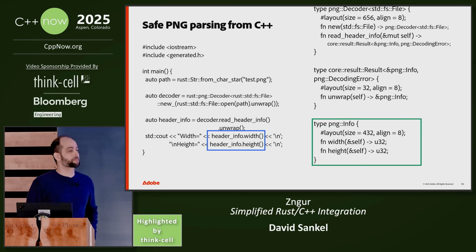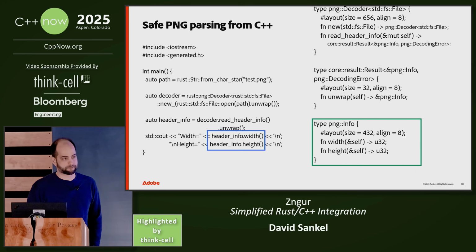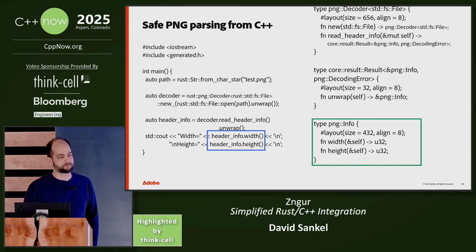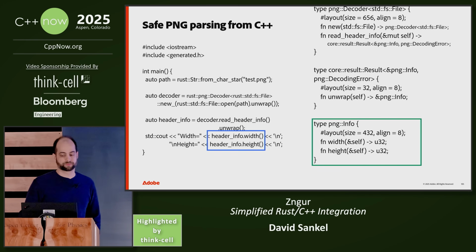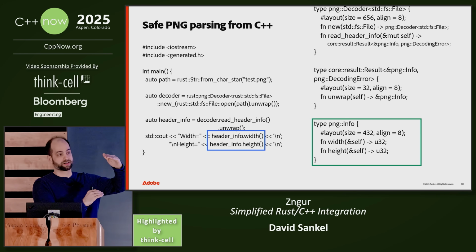Yep. Back to the layout. You said on the Rust side, that's validated during compilation. Yep. That's ignored on the C++ side. Yes. That does not translate over at all. Is that size also equivalent to what is on the C++ side, or is that purely a Rust invariant that is enforced? So on the C++ side, when it's creating the C++ version of that object, it needs to know how much memory that object is going to take. The Rust part of the object. Yeah, the Rust part of the object. It needs to make sure that space is there,